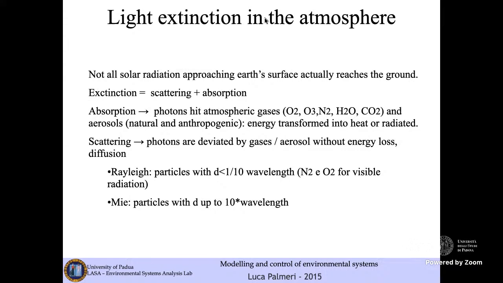The other process, absorption, refers to the fact that photons hit atmospheric gases like oxygen or ozone, or gaseous nitrogen, water vapor, CO2 and so on. This light is also absorbed by aerosols, which may be of natural or anthropogenic origin. Then the energy in this case is transformed into heat